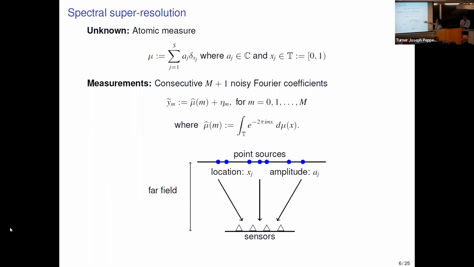If we put the sensors in the far field, under some approximation in wave propagation, the model can be written as follows. If we put capital M sensors, the little m-th sensor will measure the Fourier transform of the measure at frequency m. Usually we have noise, so at each sensor we have noise eta_m. The goal in this problem is to recover the location and the amplitude of the point sources from the far